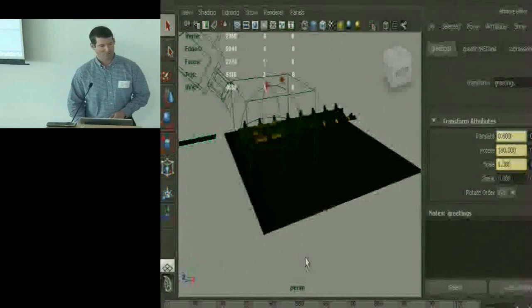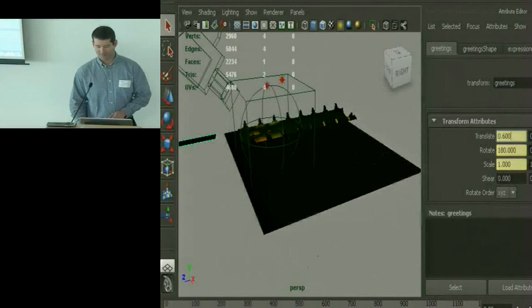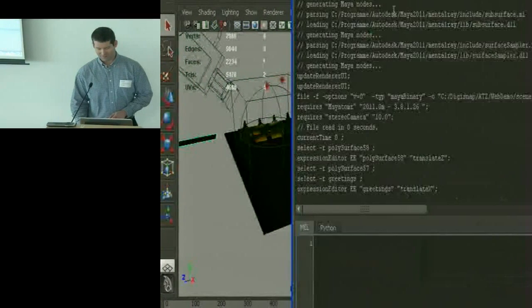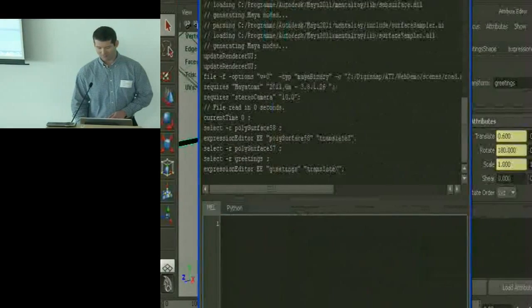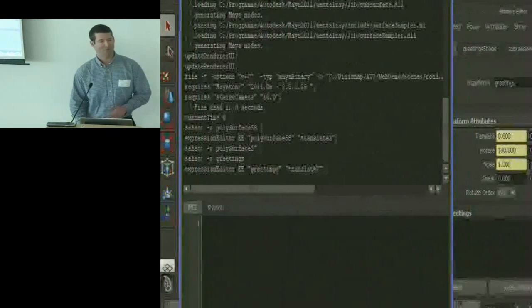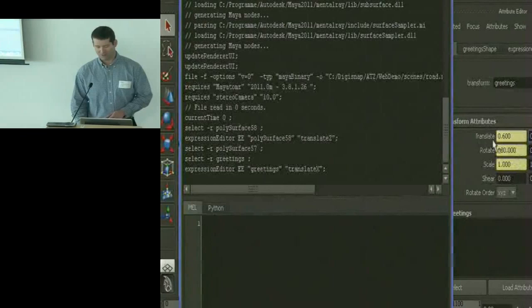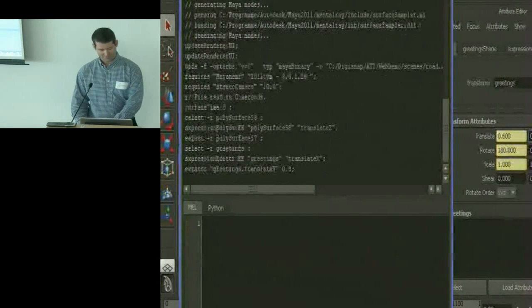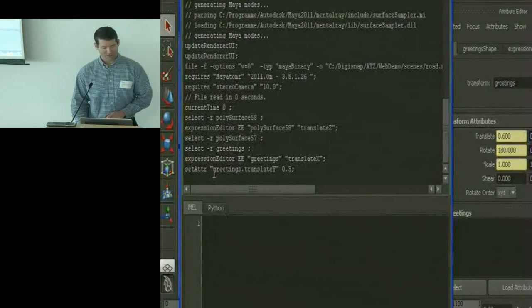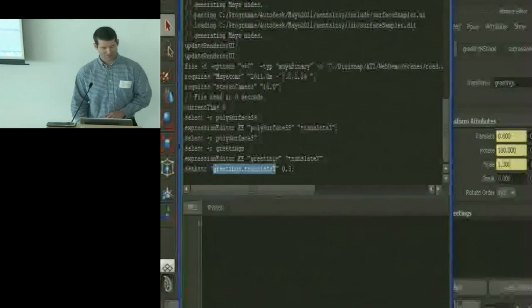The interaction works by accessing the attributes. So for example, if you have some attribute like translate y and you change it, then Maya tells you how the attribute is called.